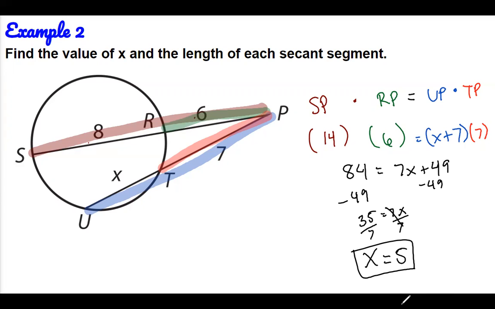Are we done? No. We have to go back and substitute. So what is the length of SP? 14, it's already given. And my length of UP? 7 plus 5. I was going to write X equals. There you go. X equals 5. So therefore, my whole entire segment is 12. All right. Any questions on this one? Okay. So how do we feel about secant? Okay. Now,